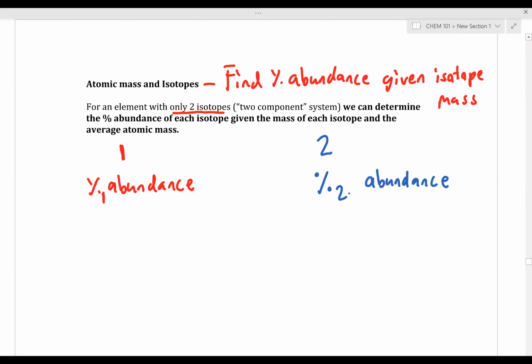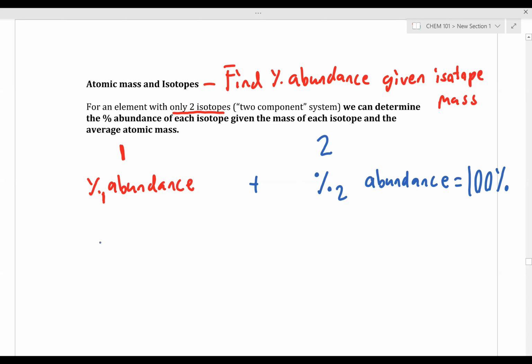Now, if we add up each of these percent abundances, what will we get? 100%. So both of these abundances added together will give us 100%. And this is an important relationship for a 2-isotope system because we can say the percent abundance,